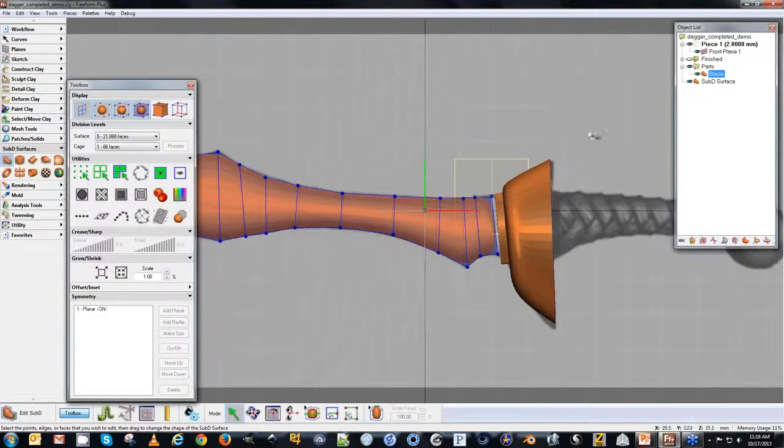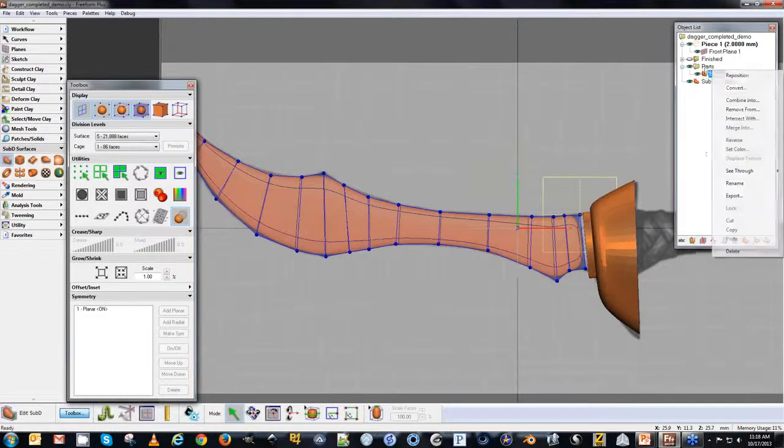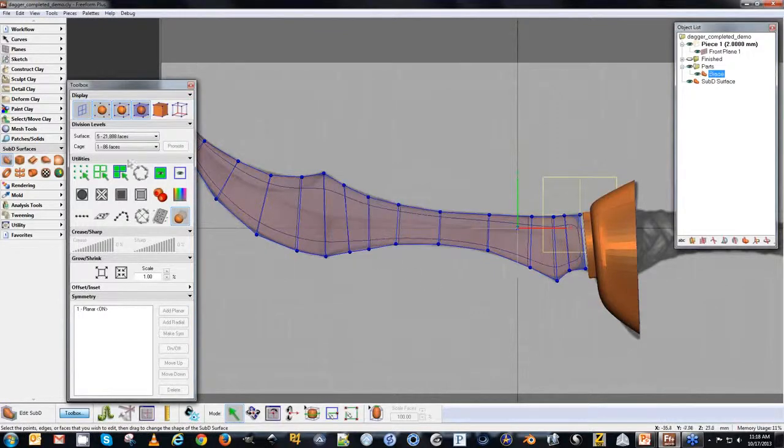Hop back into my side view and turn this on see-through. There's a really nice blade detail that runs down the edge of the blade. So what I'm going to do now is I'm just going to add a little more geometry so I can capture that. Going back into my Add Edge, start right here, and just cut along the edge of the blade, cutting in between,